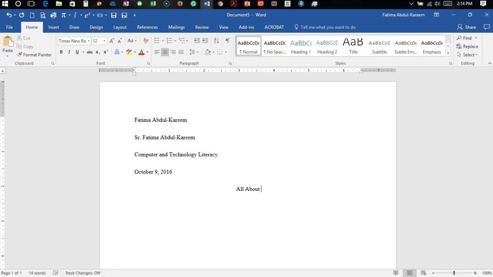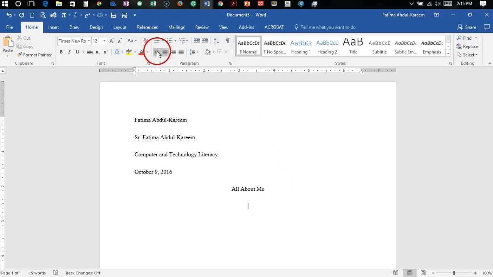And your title should be capitalized, each word, unless it's a small word like is, of, and. Other than that, all your other words should be capitalized. The font size and the font name is the same size as the rest of your document. You do not make this larger, you do not make this decorative, you keep it the same size as the rest of your document. Okay, now after you type your title, you hit enter and you're on the next line,